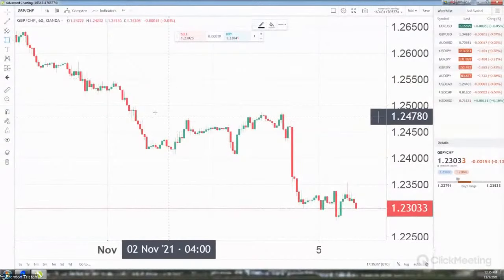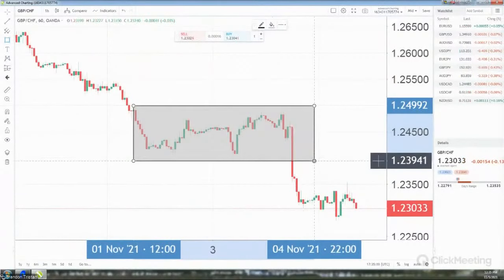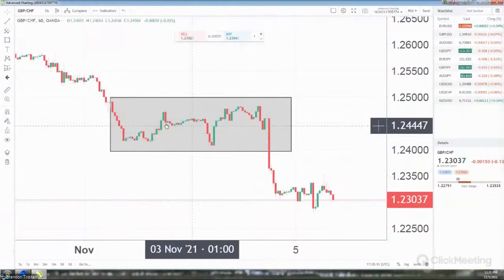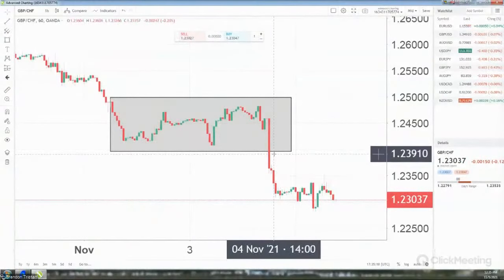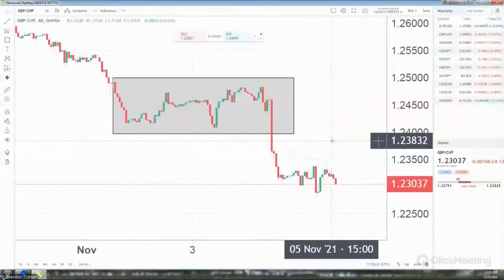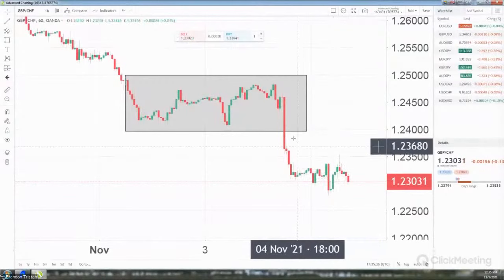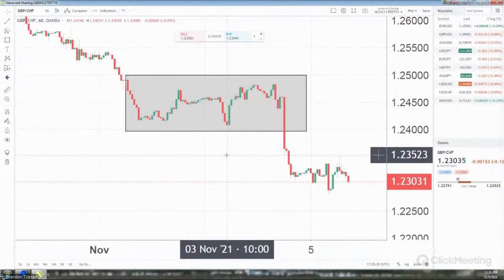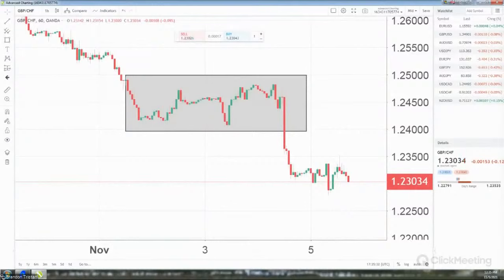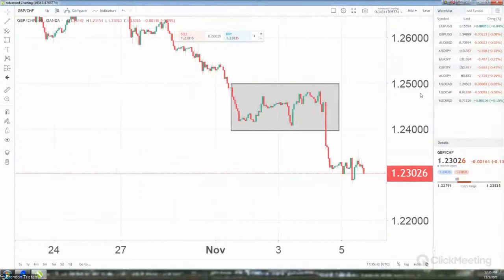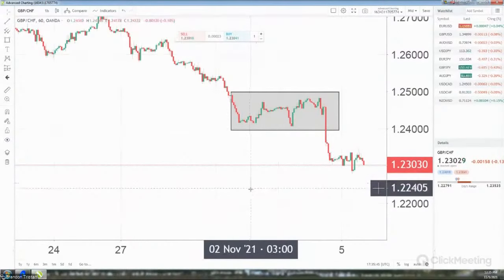Okay. Since price is trading below this range here, you usually call it resistance, right? It's resistance. So I'm going to continue to sell because it's below this resistance. I'm calling this resistance, right? So if this is resistance and I'm selling here,